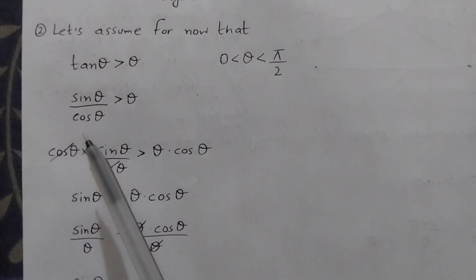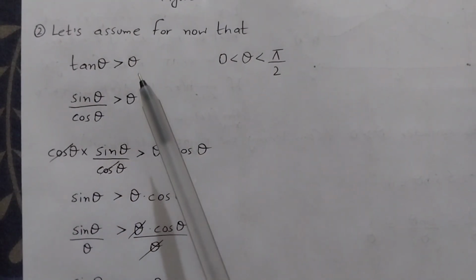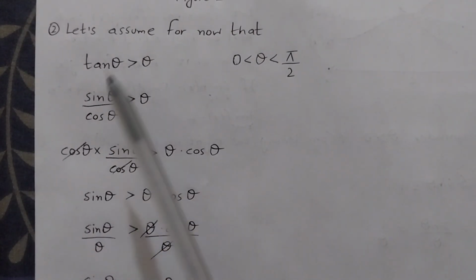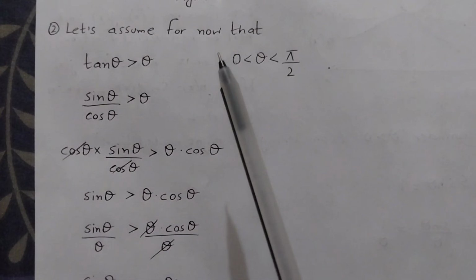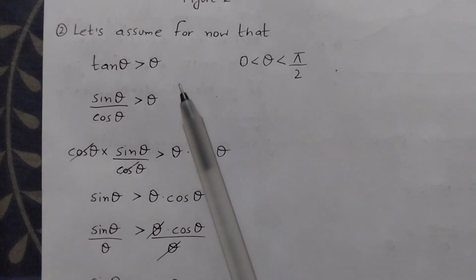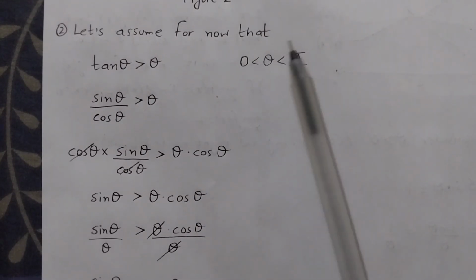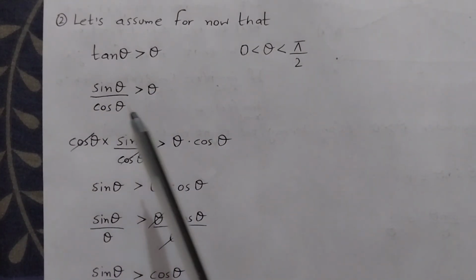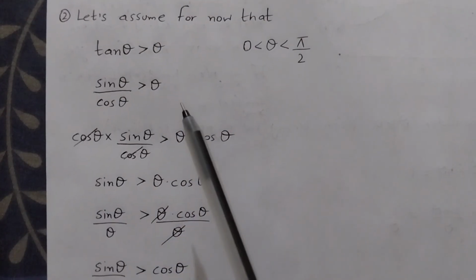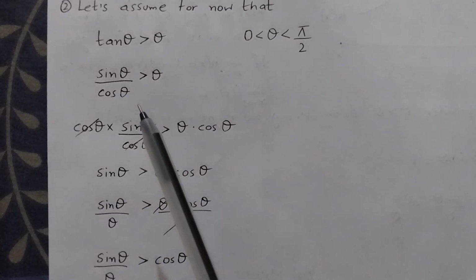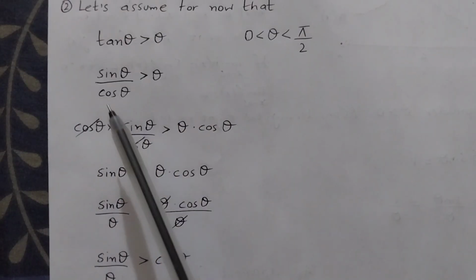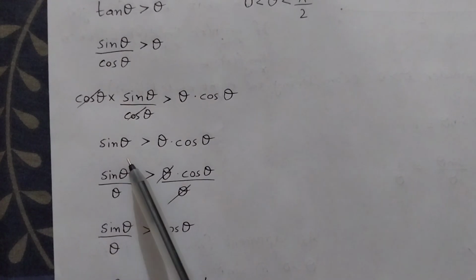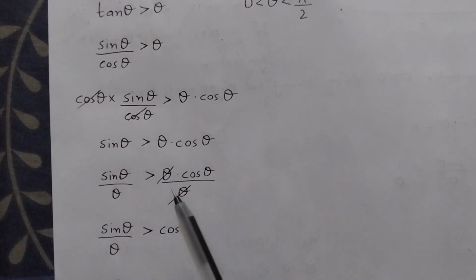and tan theta is basically sine theta over cos theta. And you will understand why I'm talking about tan theta here, because a few moments ago I was talking about cos theta and making use of cos theta for sandwich theorem. So tan theta is sine theta over cos theta. It will be greater than theta, and we are interested in basically sine theta over theta, so we don't need cos theta in the denominator, so we multiply by cos theta on both sides. What we get is sine theta is greater than theta into cos theta, and